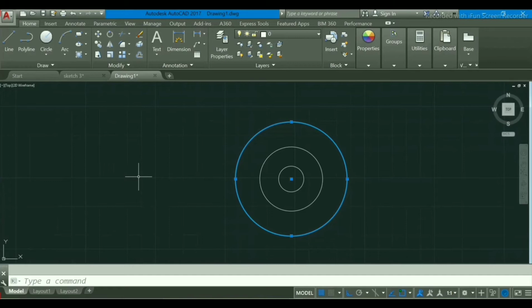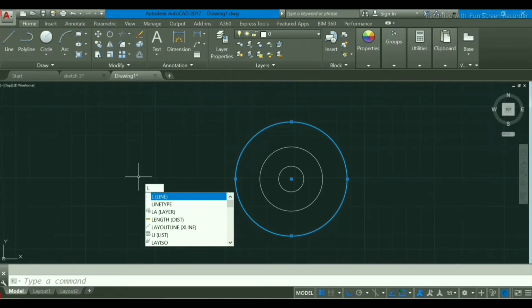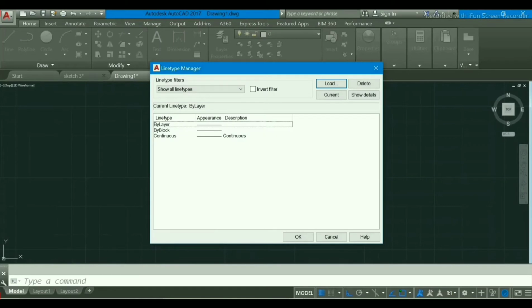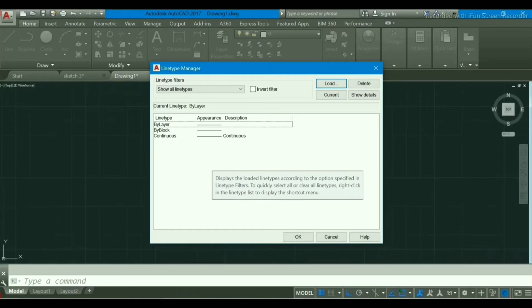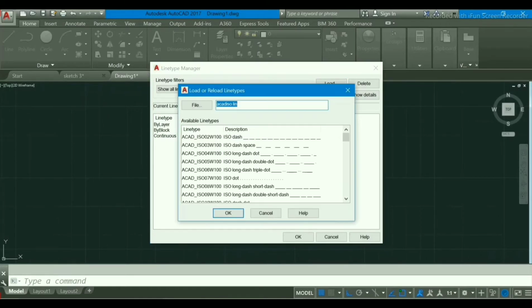For this I will go to line style, so press here L, enter. Here you can see one option, that is line type. Go to your line type. As you can see here we have not loaded any center line here, so go to here load.